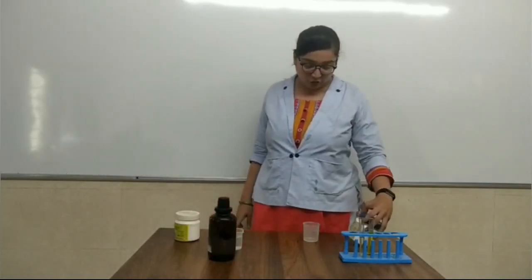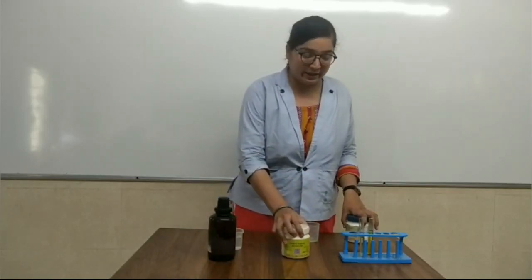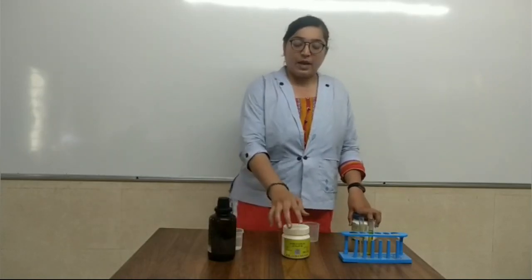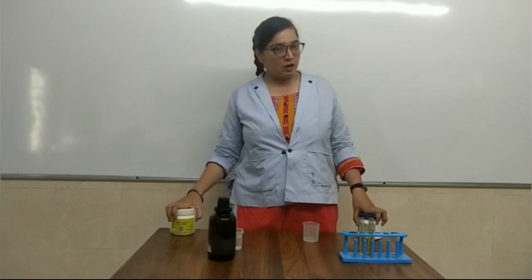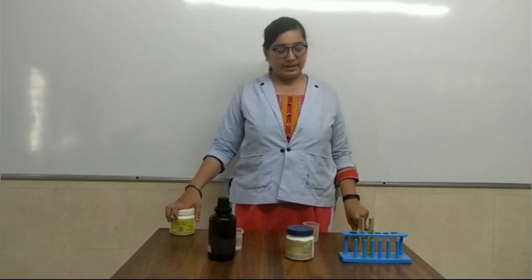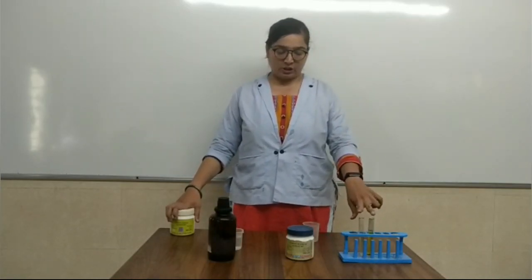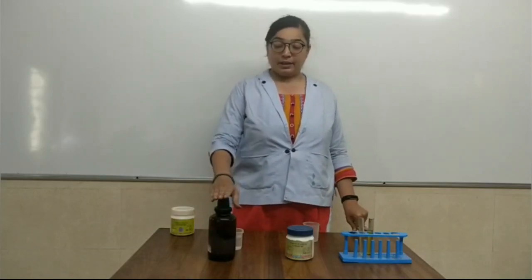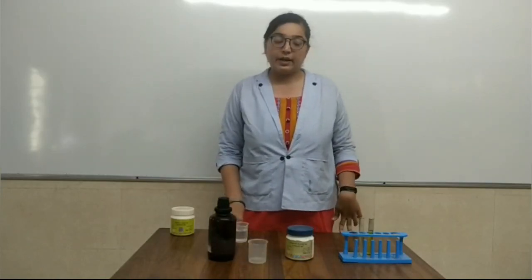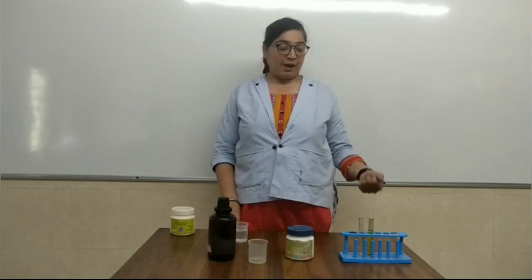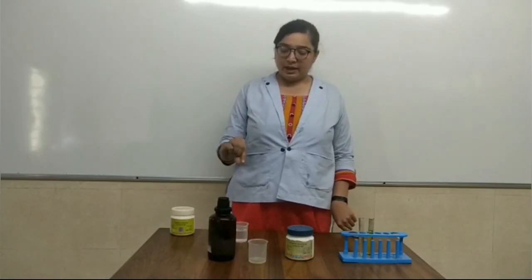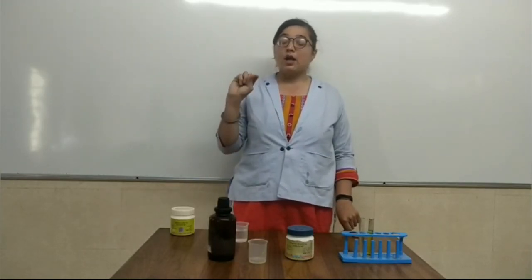What we took? We took first a little bit amount of sodium nitrate in a test tube. We prepared its fresh solution. After completing the formation of sodium nitrate solution, we took ferrous sulfate. Then we made its solution, in two different test tubes. Now, in the beaker, we took a little bit amount of hydrochloric acid. Then, on adding ferrous sulfate to the solution of sodium nitrate and by adding a little bit amount of hydrochloric